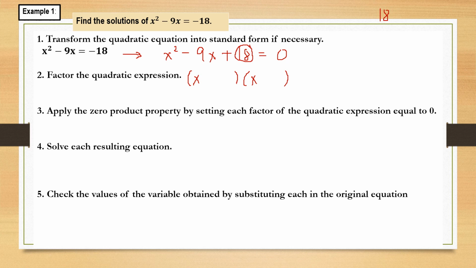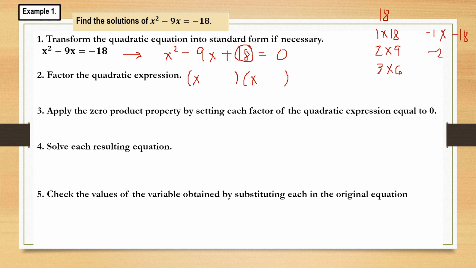So the factor pairs of positive 18 are 1 times 18, 2 times 9, 3 times 6. It can also be negative 1 times negative 18,